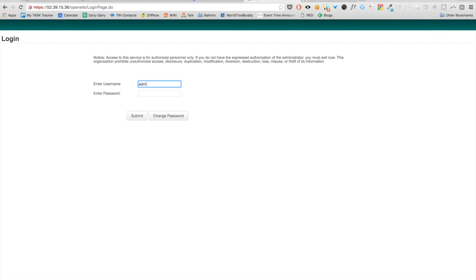It's coming up. It's a little slow, my network. The boxes are in the US and I'm accessing them from India, so it's a little slow. It's logging in meanwhile into lab, admin, admin.